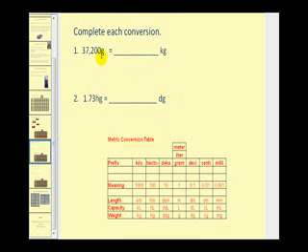So we're going to identify the grams column and the kilograms column. So grams would be right here in the middle, and we're converting to kilograms. So notice we're moving 1, 2, 3 columns to the left this time, which means we could divide by 10 to the third or just move the decimal point 3 places to the left. So we start with 37,200, which means the decimal point would be there. Move it to the left 3 places. 1, 2, 3. We have 37.2